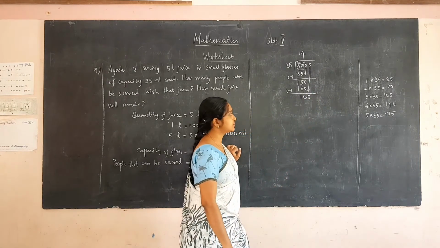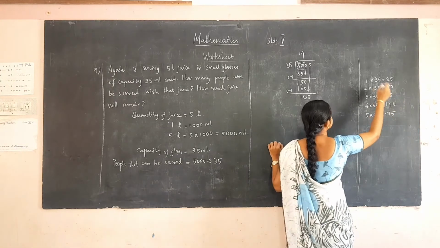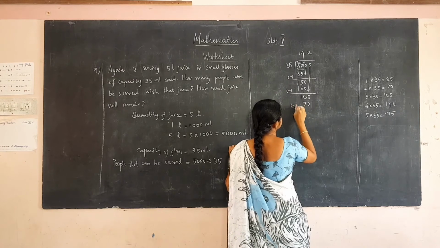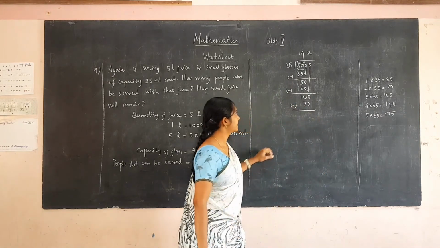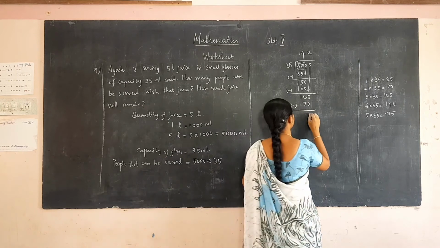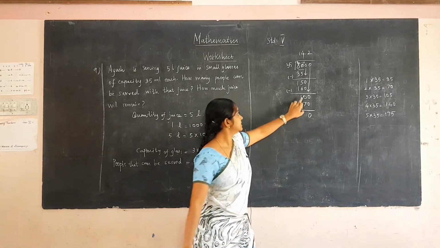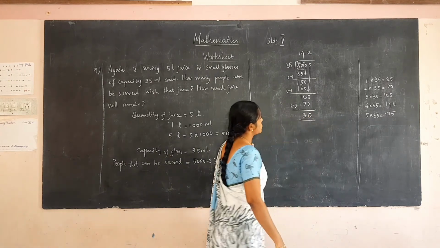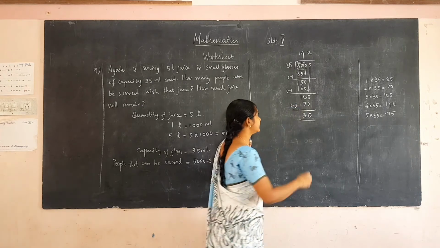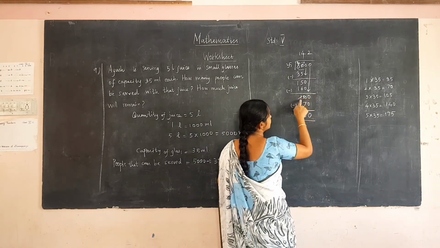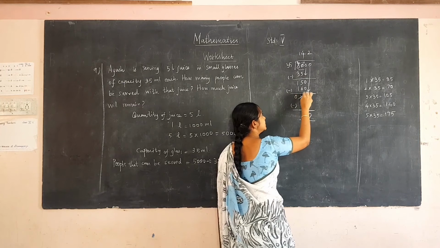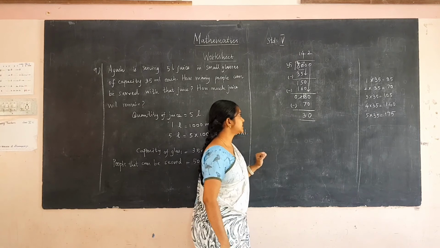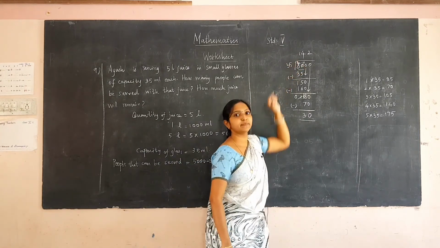Find the number that is nearer to 100. It is 70. 2 into 35 is 70. 0 minus 0 is 0. 10 minus 7 is 3. Consider it as 10, or we have to borrow. So 1 will be changed to 0 and 0 will be changed to 10. 10 minus 7 is 3. So we can say that 142 people can be served.